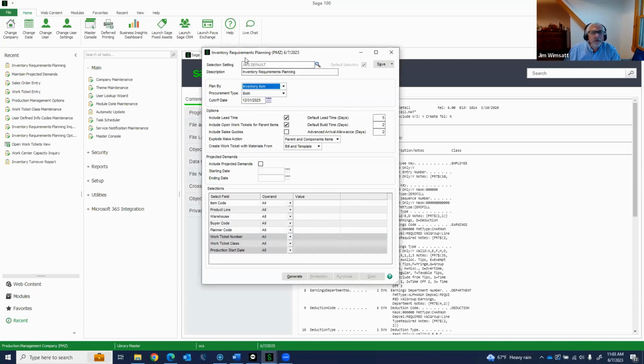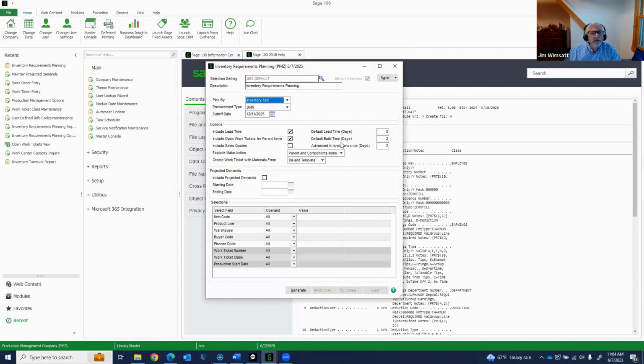This is the IRP, or Inventory Requirements Planning Generation screen. I can choose to create it for inventory items, either stuff that I produce and make or purchase, or for both. I'm going to do both because I've got the manufacturing. My options, I can designate lead times when I don't have a history with a vendor. I can, for my work tickets, for my manufacturing, set a minimum number of days. I can include sales quotes, and I can, in my scheduling of both purchase orders and work tickets, set the advanced